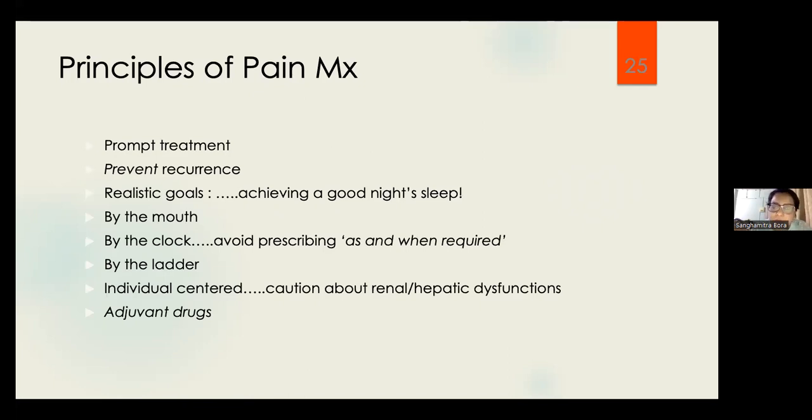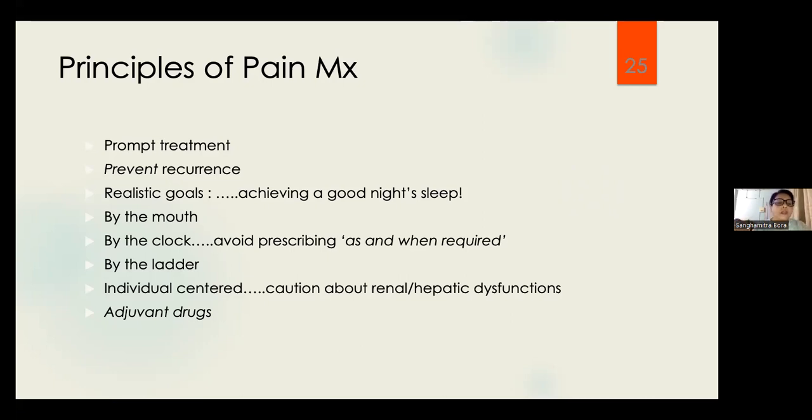It is prompt treatment. Whenever the patient comes to you, you come to know about the pain, you have to initiate treatment then and there. The most important underlying principle is prevent recurrence of that pain. You set realistic goals. For example, achieving a good night's sleep. The patients that we get in cancer complain, I've not slept properly for the last 1 month. And that is why our realistic goal at that prompt treatment would be to give a good night's sleep to the patient. And that is a realistic goal which we can actually